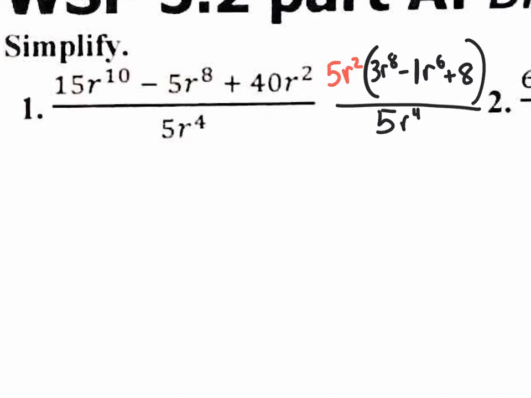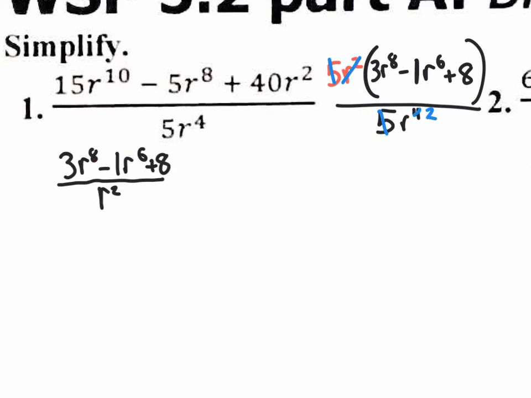So what did I do? I had subtraction and addition. Now I really do have something times something. And this outside something, I want to cancel it with this bottom something. So this 5 and this 5 will cancel out. The r to the second on the top, 2 r's will cancel with 2 of these r's, and you'll have 2 left over. So your new problem becomes, and we should know that the numerator goes inside the box, but